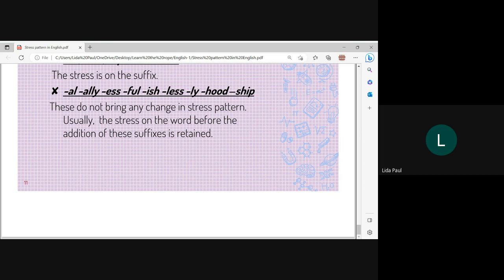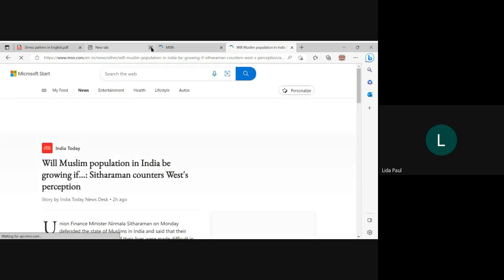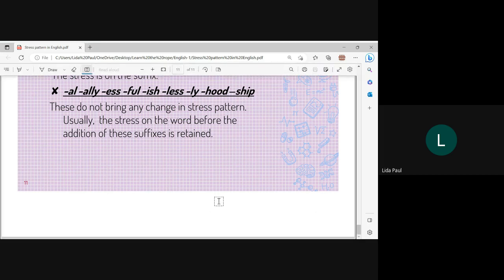If you have compound nouns, like swimming pool, any compound noun, the stress is obviously on the first one. So in compound nouns, stress is on the first word. And in compound adjectives,